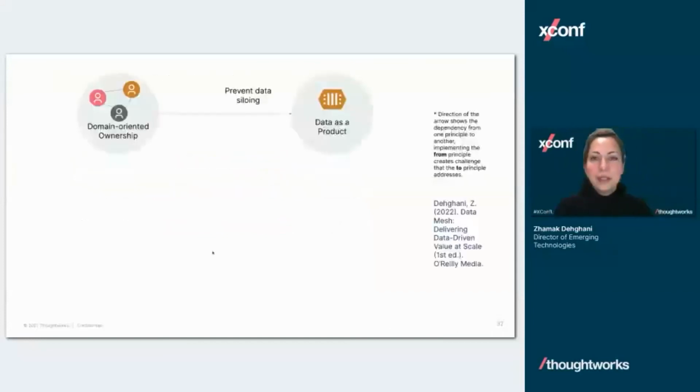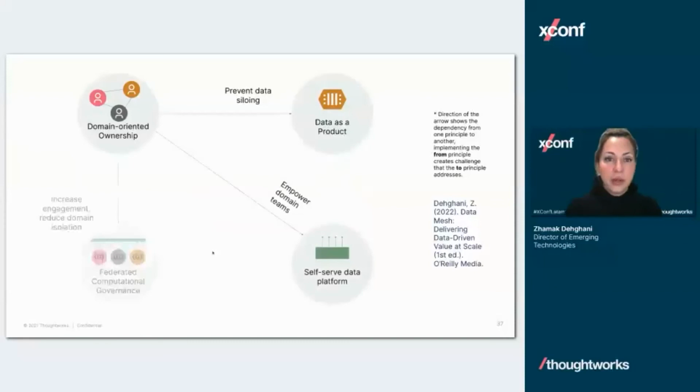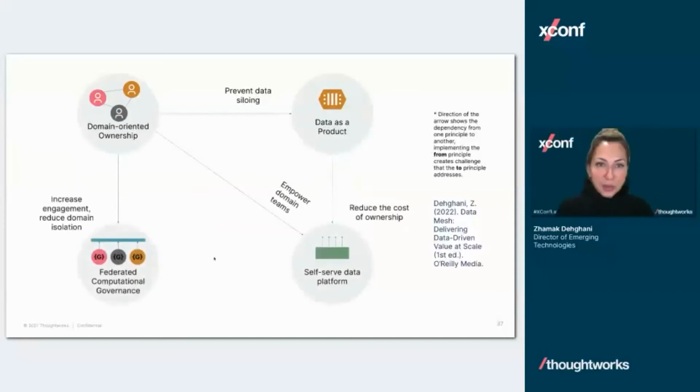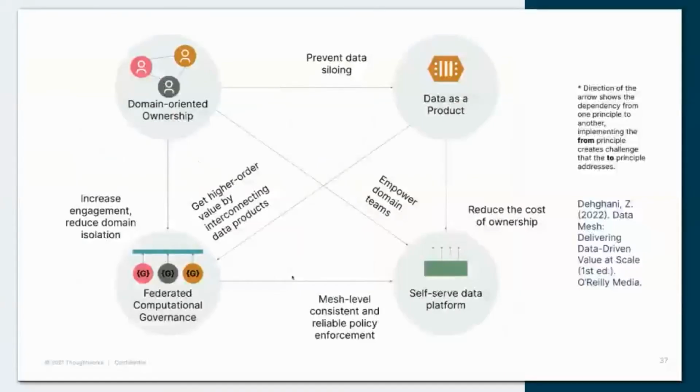And finally, the last pillar really is around how do we make sure that with all of this complexity of different teams building data products, making sure these data products interconnect, making sure the security, privacy, all of those goals are in place, making sure the teams are actually engaging with each other. And that comes to automated federated governance.